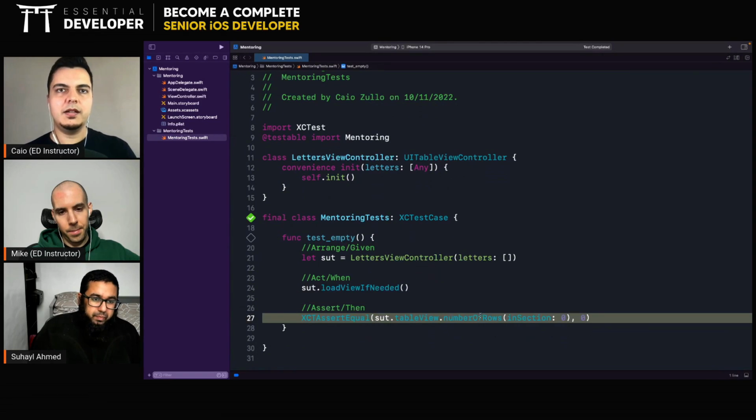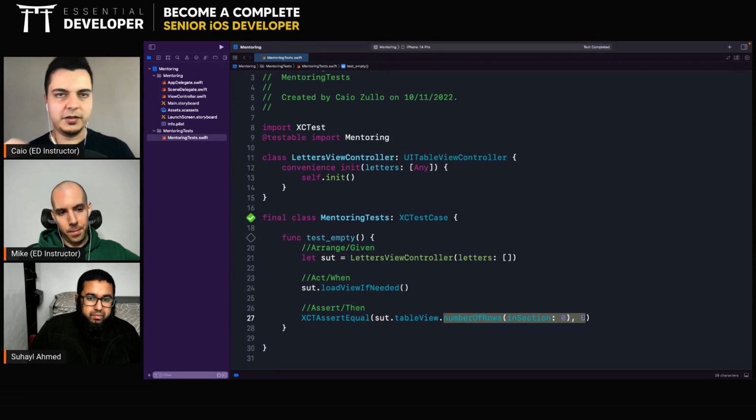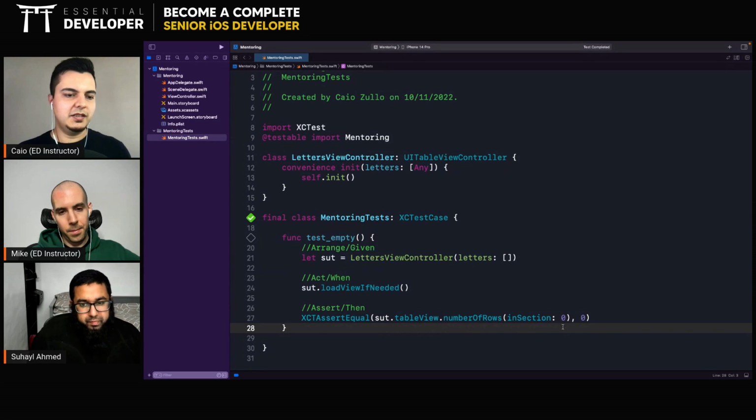Right, so if empty, you have a table view with nothing in it. That's the simplest test case just to start, because you always want the simplest test case to start. Otherwise, you get stuck writing a test for too long, and it's going to be super complicated. You're going to have to add a bunch of mocks and stuff. No, let's start simple.